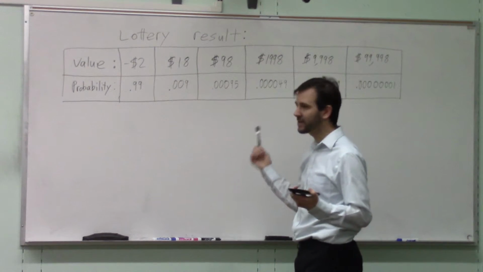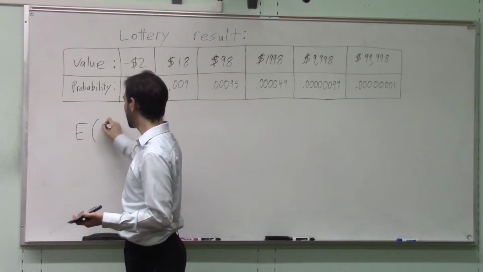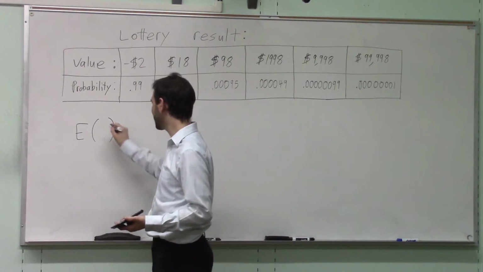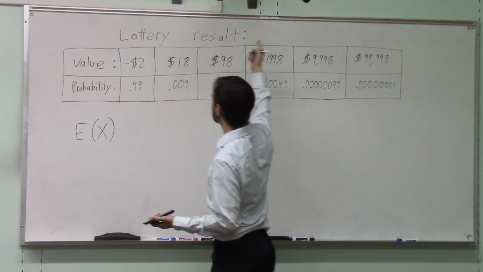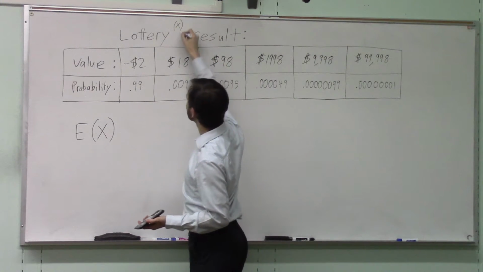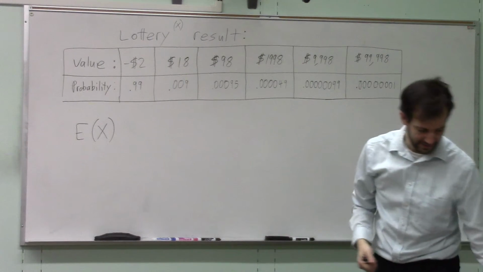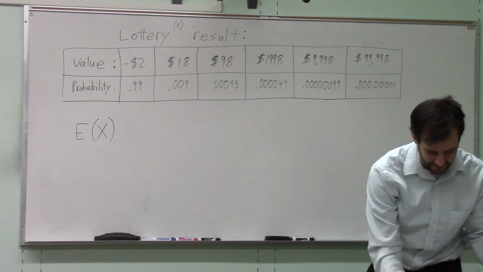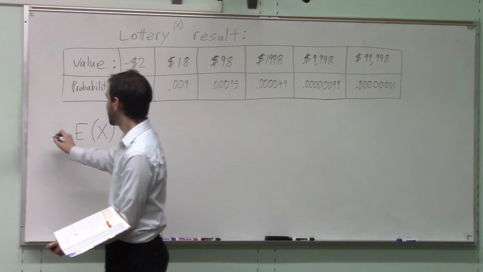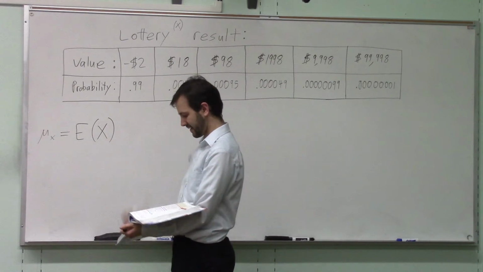If I was going to calculate the expected value of the lottery, I'll just use X. They always use X in all the textbooks, and let's call this the lottery result. Playing the lottery will be defined as X. The result of playing the lottery. The expected value of that action would be, well, let me show you the formula from the book and from your formula sheet. The way they write the formula, they say the average result of playing this game is the expected value of playing this game, which is